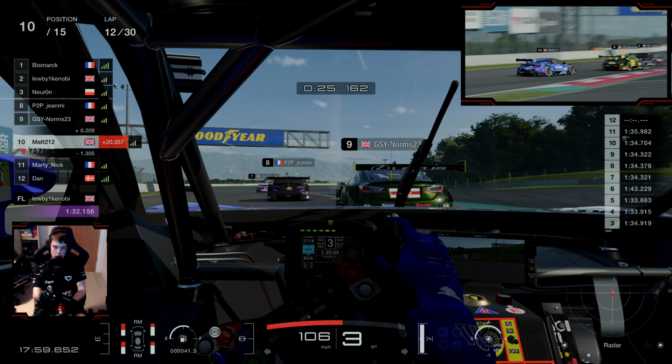Around the outside. Around the outside through 100R again. Not quite that time, but he's ran even deeper. I'm going to try and get a switch. An undercut, switch back even, I should say. Oh, go on. Go on, read it like a book. Read it like a book! Thank you very much. We'll be back up into P9 then, and let's this time round try and get this